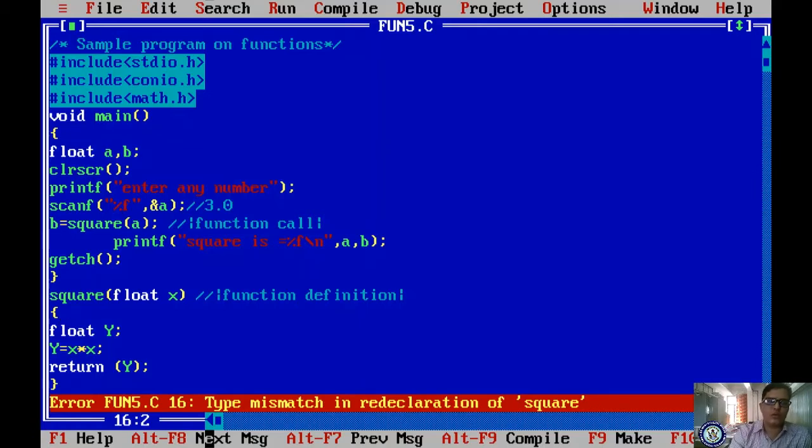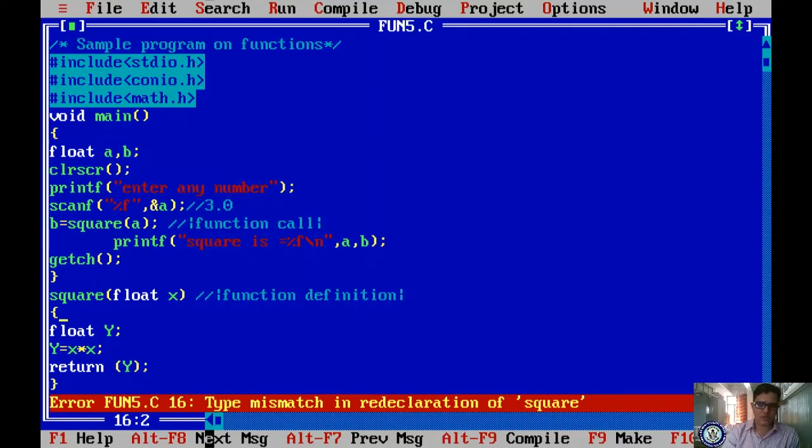Because you have not declared the prototype. If you are performing other than integer operation, you have to declare the prototype declaration. Okay, that is why it is not executing.